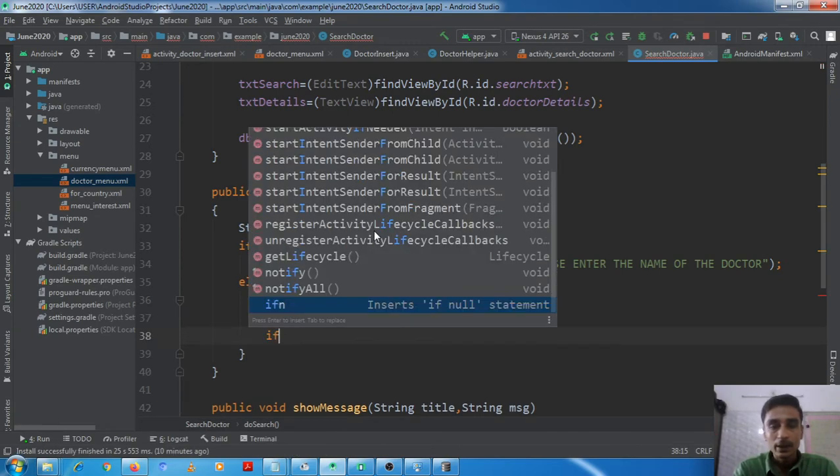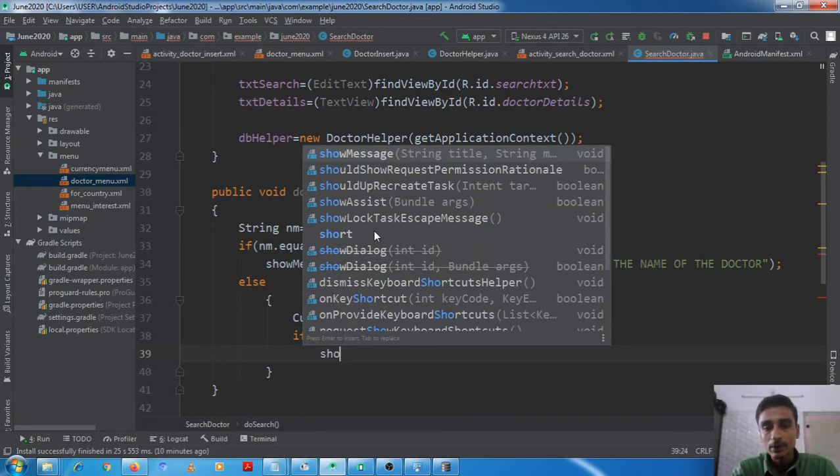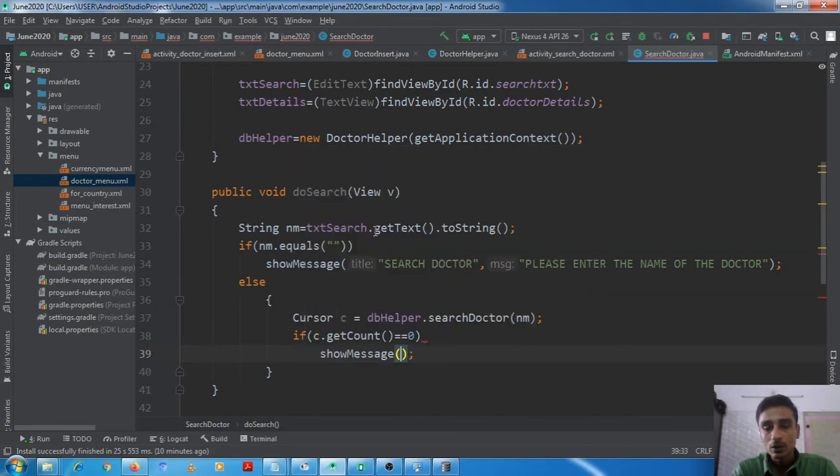Okay, if we will check again, if c dot get count equal to 0, then again show message, error, no such doctor exists.